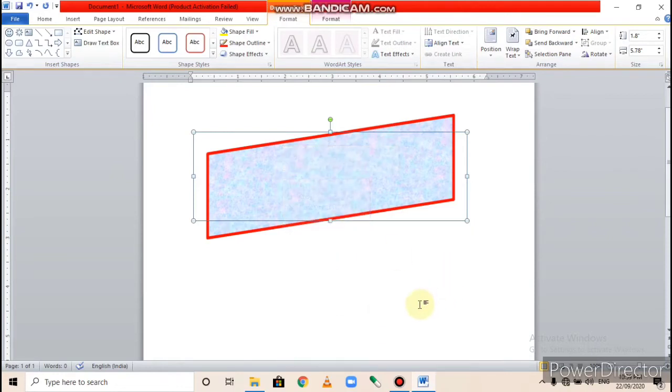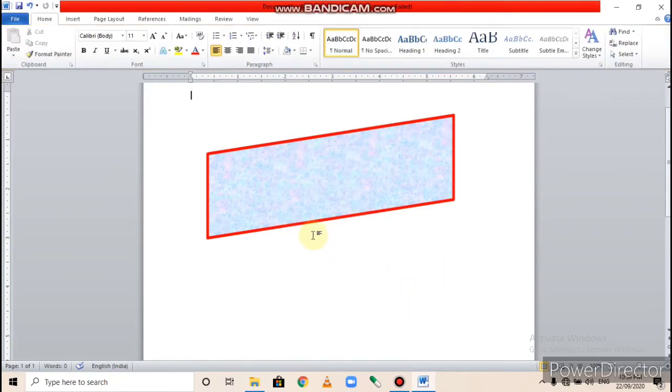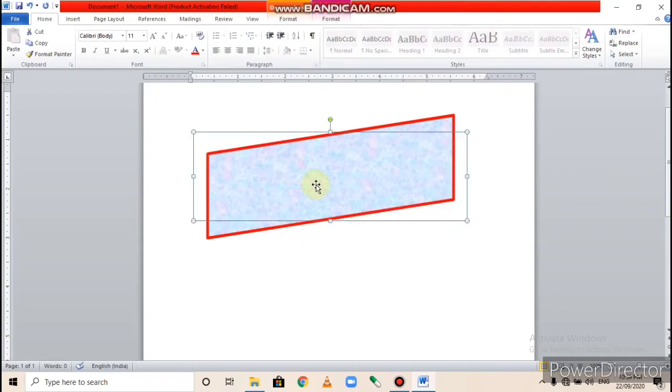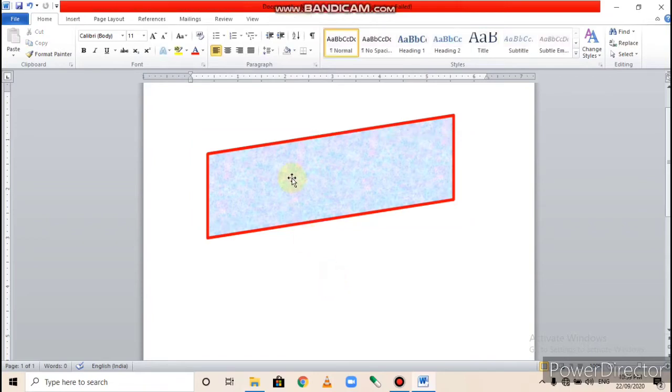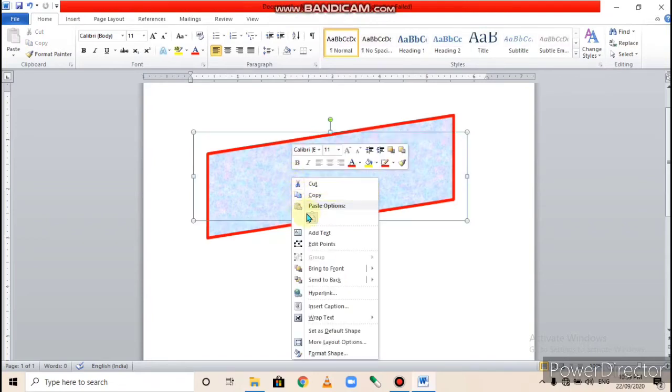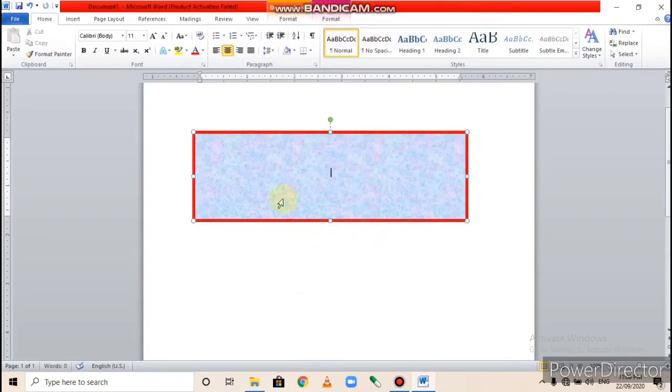Understood? How do we insert a shape? How do we insert text in the shape? Right click on the shape, then click on the add text option. Write your text.